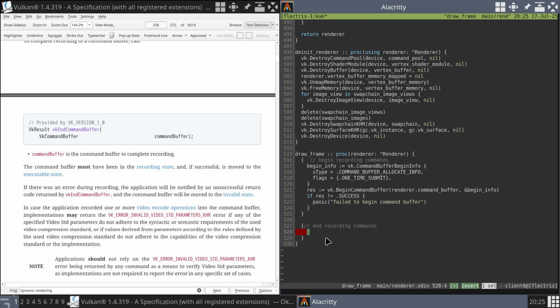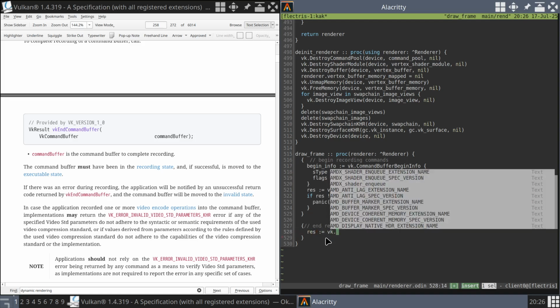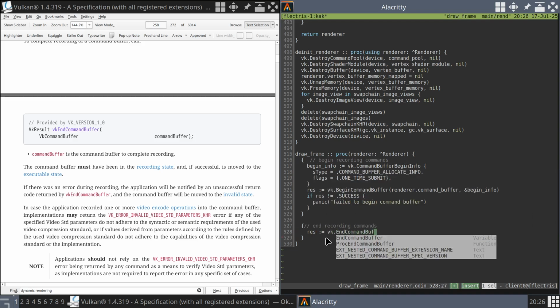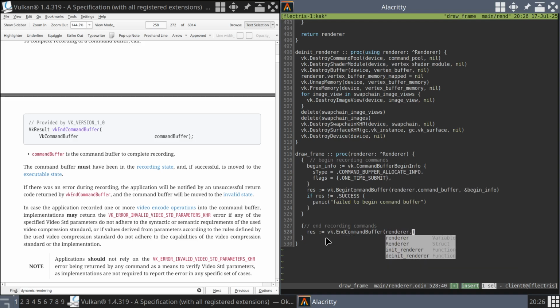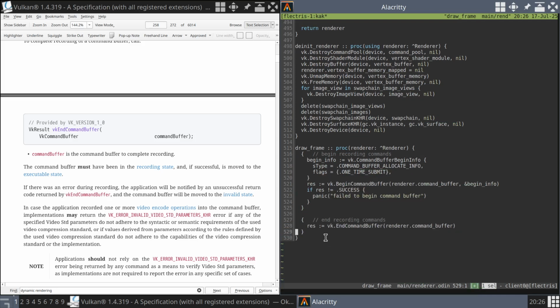What does this thing do then? So end command buffer. Oh, it literally just takes a command buffer. Cool. But it can fail. So let's go vkres end command buffer. Again with a semicolon, not needed. This is going to be our file renderer. And if res is not a success,